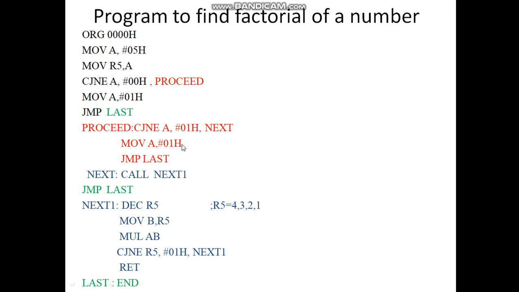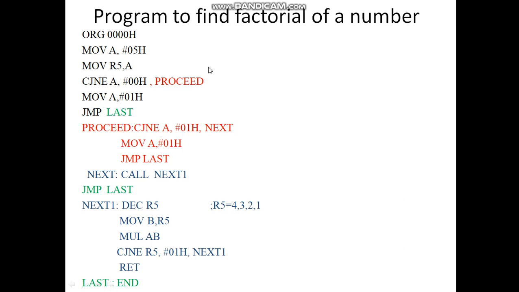Now the control is passed on to the main program, and here the jump last instruction is written. Last means it goes to the end of the program and the program gets terminated. So now the result is displayed in A register. This is case 3. Let me consider the first case, that the number is equal to 00. If the immediate number taken in A register is 00, then directly you can load the value 01 to A register, where 01 is the product. Then jump last, and the program gets terminated.